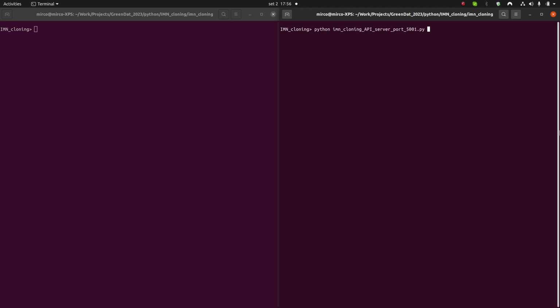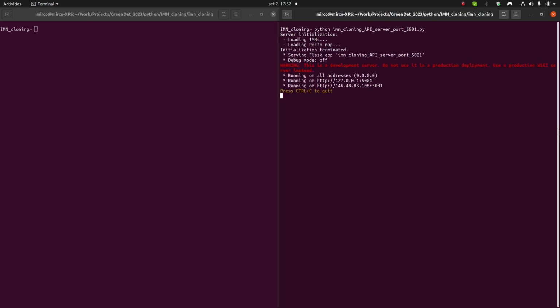Once launched, the application server starts an initialization phase where first a set of pre-computed individual mobility networks is loaded, and then through a call to OpenStreetMap, the road network of the area of interest is downloaded. In our case, located in the city of Porto in Portugal, which is the location of one of the use